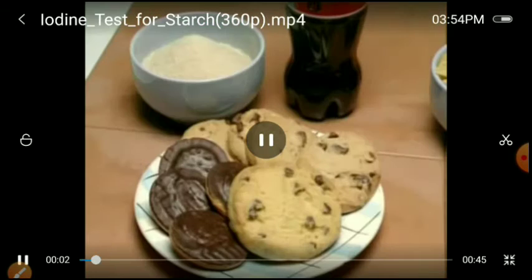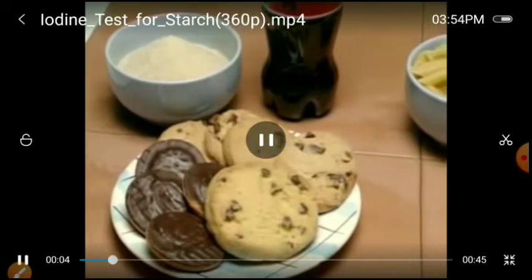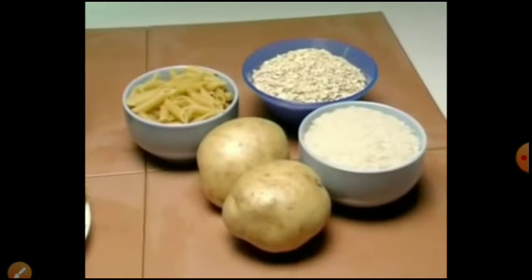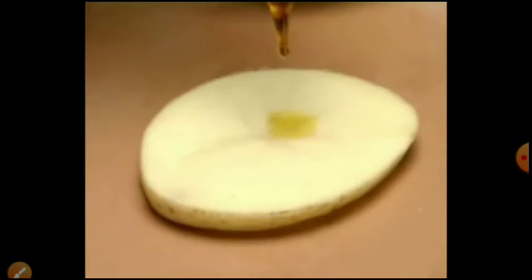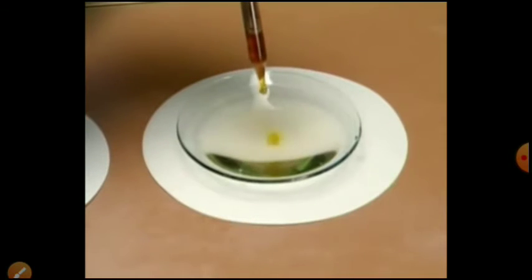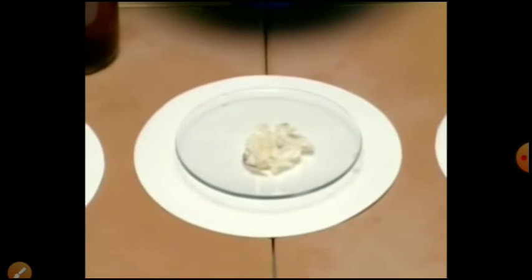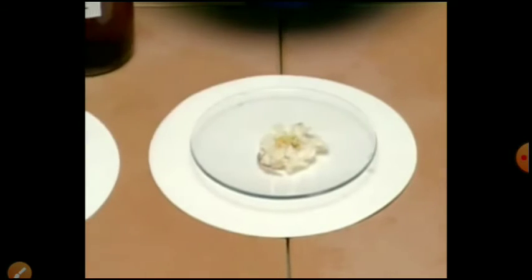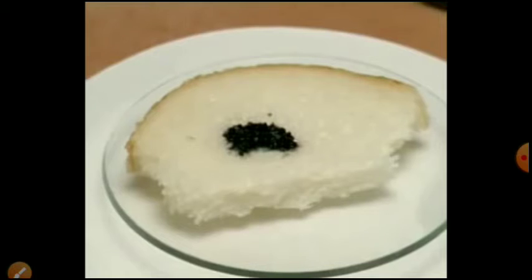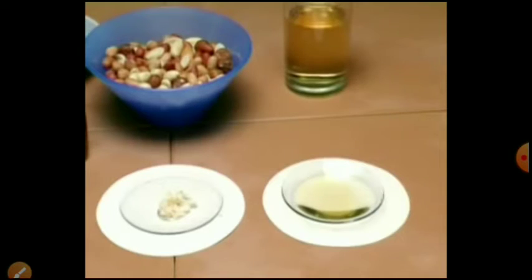Simple carbohydrates are the sugars found in anything sweet. Starchy carbohydrates are found in foods like pasta, potatoes, cereals and rice. A few drops of iodine solution produces a colour change from orange to blue-black. This indicates the presence of starch. So, will any of our foods test positive? Grape juice? Nuts? Or bread? Starch is present in bread, but not in grape juice or nuts.